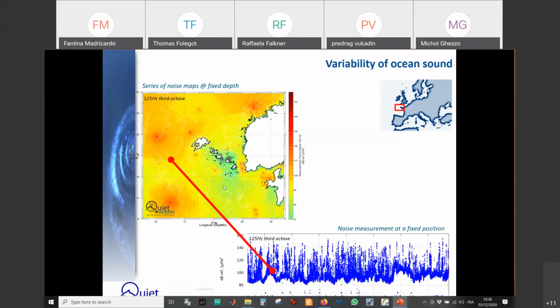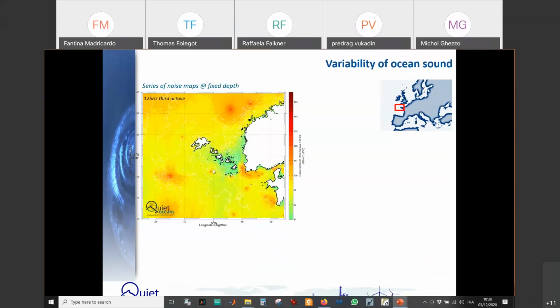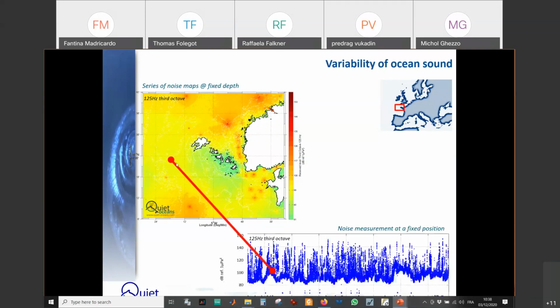So the mapping gives a quite different view from the view you have when you measure. When you measure, if you put a hydrophone there, you're going to measure a time series at a fixed position that will look like this. Okay, and I've seen some measurements from the soundscape project, and it also looks like this,